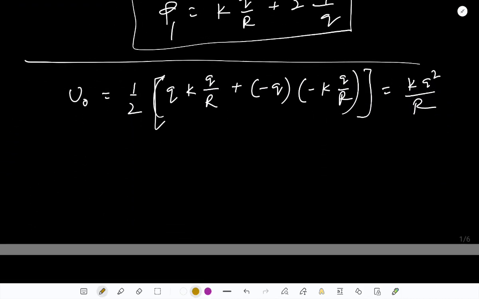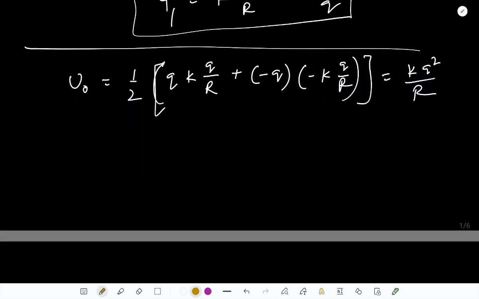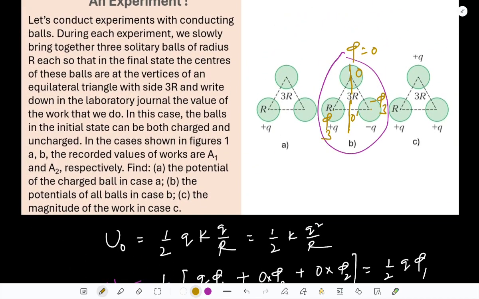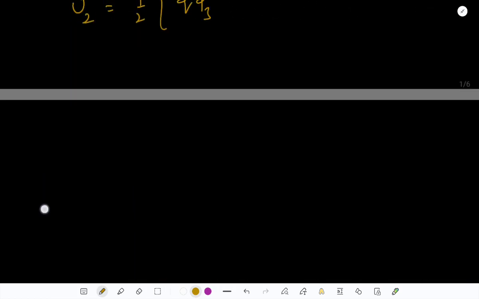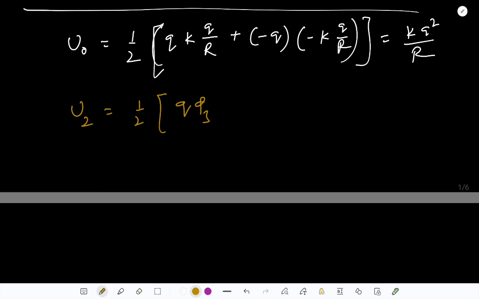What will be the potential energy in this case? This you can write as U2, and this U2 you should write as half q phi 3, which is the potential energy of the left side ball, and it has got a potential energy of minus q multiplied by minus phi 3, and the third one has 0. So you can write the total potential energy as half q phi 3 plus minus q